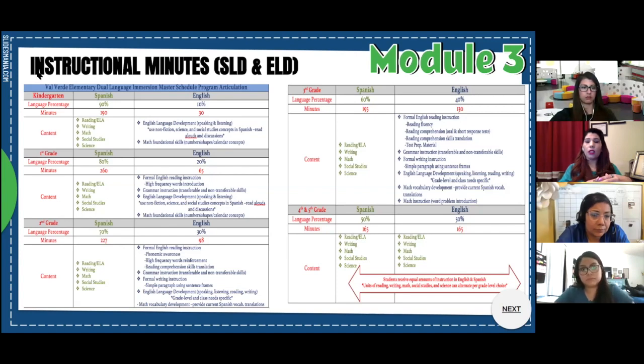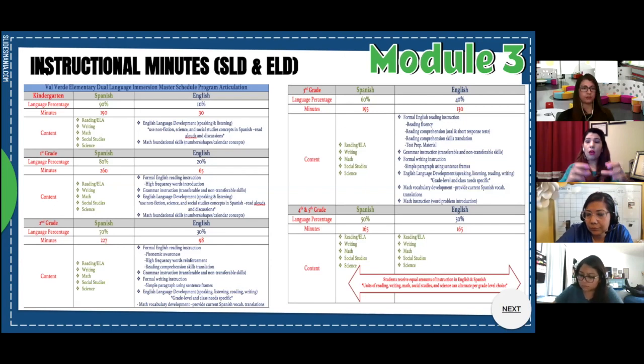We want to make sure that students in 4th and 5th grade, even starting in 3rd grade, start seeing the math in English and the math in Spanish. We want them to start seeing science and terminology in English and science terminology in Spanish. There are so many different models, so many different ways. We are so lucky that our district is always supportive in purchasing everything bilingual, English and Spanish. So you have everything in English and Spanish. However,